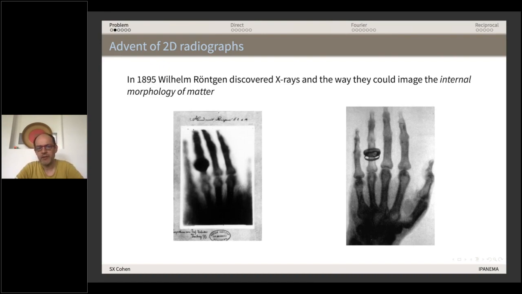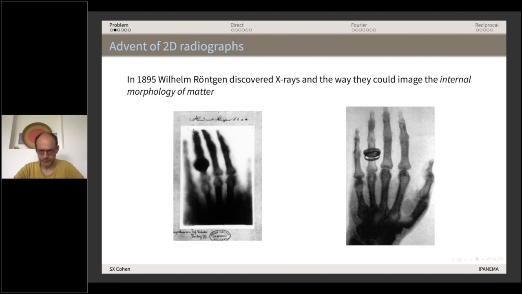Okay, so the radiograph was first used at the very end of the 19th century by a physicist, and he discovered something that he called X-ray because he had the intuition there were rays, and the reason why he had this intuition is that obviously they were going straight. So he had this thing which was emitting something. He would put the hand of his wife, he was not maybe courageous enough to put his own hand inside, and put a film on the other side. And the reason why he says there are some rays is that obviously from the emitter to the film,